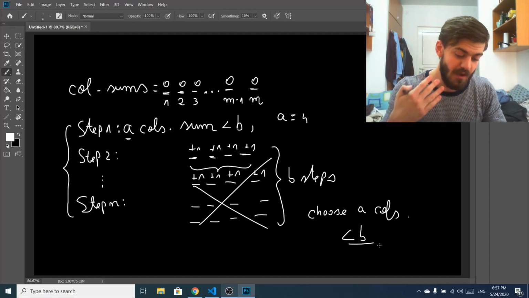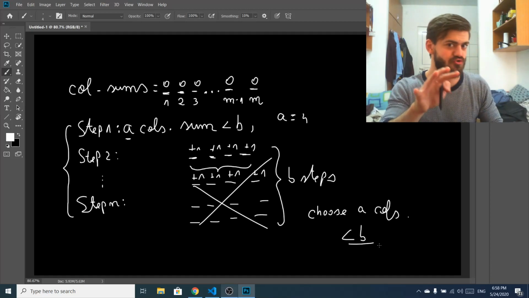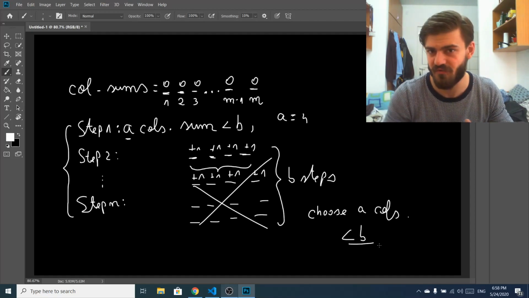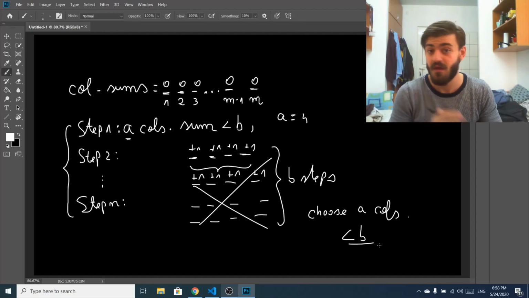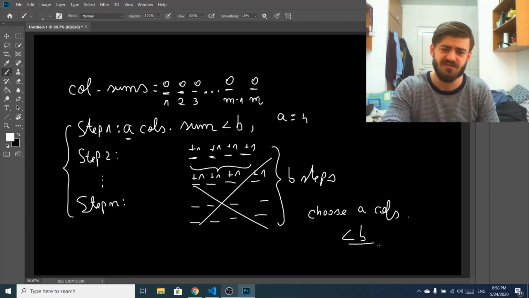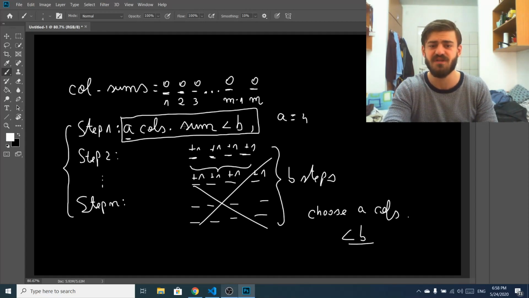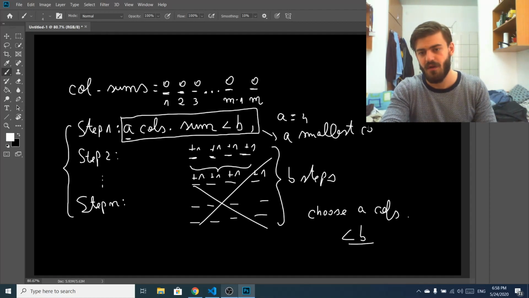So I need to do something such that on each step I choose A columns, but I don't end up choosing the same columns over and over again. And then the whole idea came to me. I don't know how to prove it super mathematically, but you probably don't want that. It's super simple. Instead of choosing A random columns with the sum strictly less than B, you choose the A smallest column